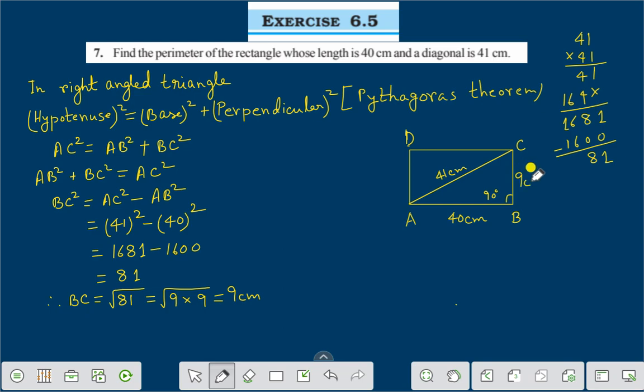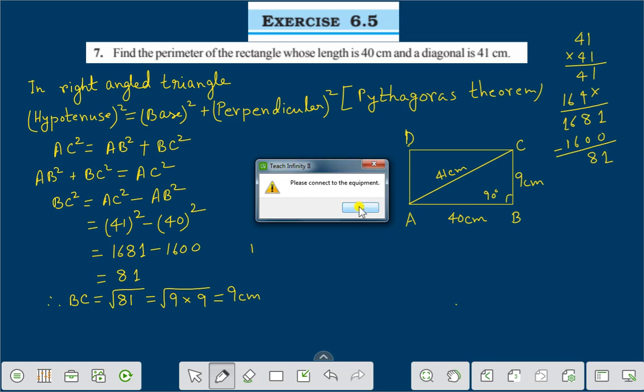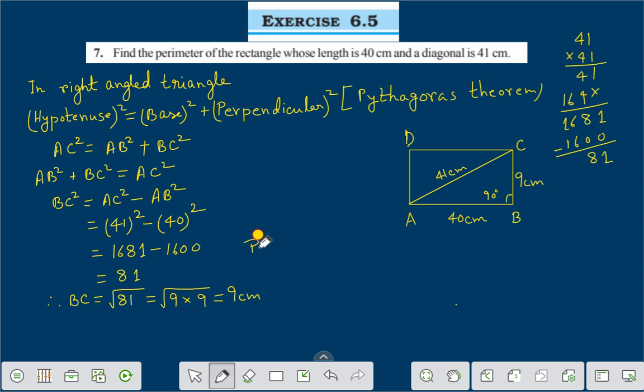9 centimeter. You have to find the perimeter of the rectangle. We know that the perimeter of a rectangle is 2 into length plus breadth. Therefore, the perimeter of the rectangle is equal to 2 into length plus breadth,